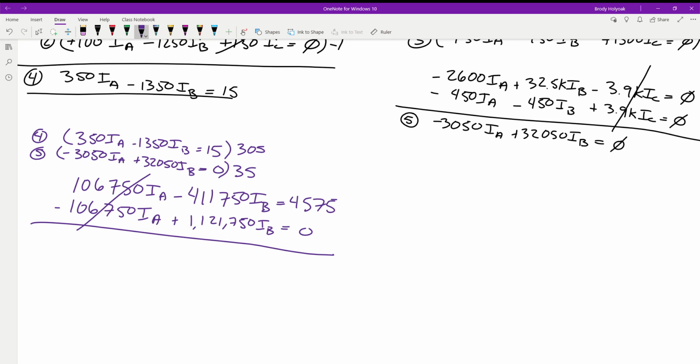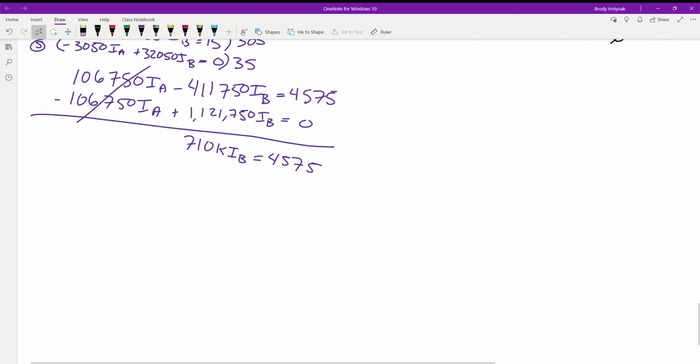This ends up being 710K IB. So we come out to at least a nice even number by keeping all of our extra digits. That's going to be equal to 4575. So we've got 4,575 volts divided by 710 kiloohms. So we divide those out, and our IB is equal to